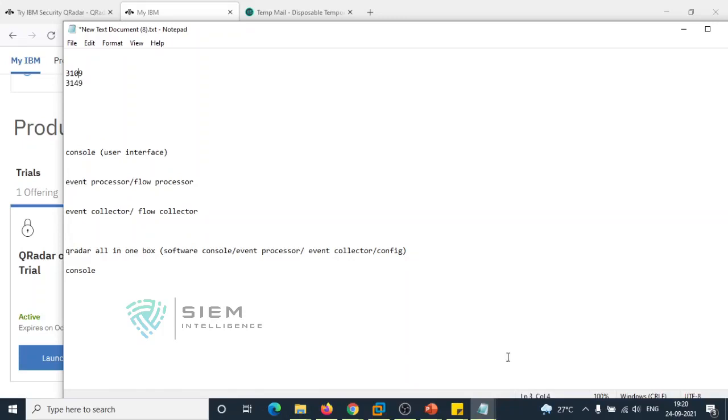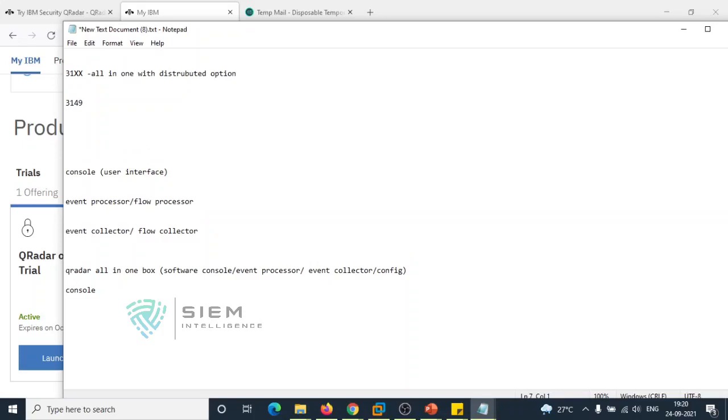This 31 means all-in-one plus. The 09 and 49 differ, but the 31 remains the same. So I am considering this 31XX as all-in-one with a distributed option.